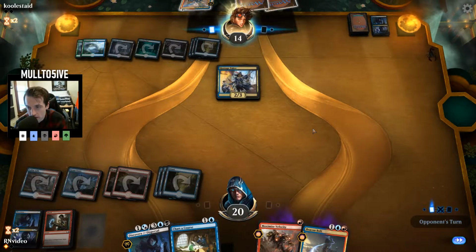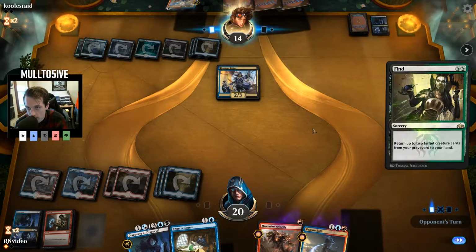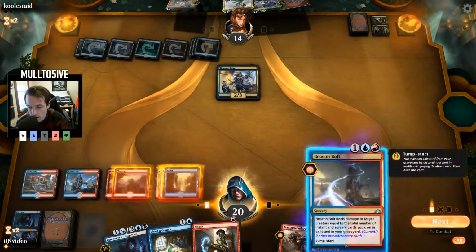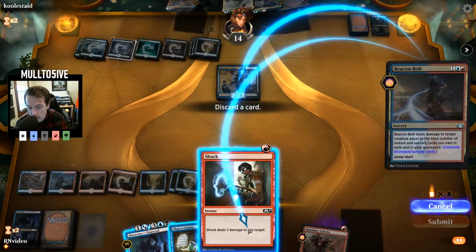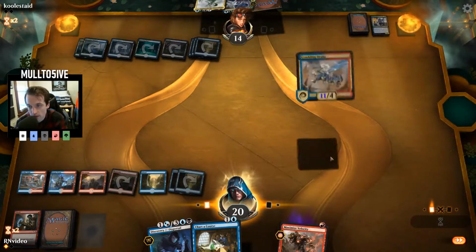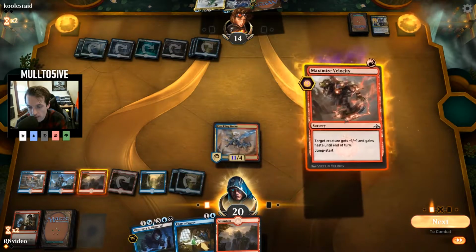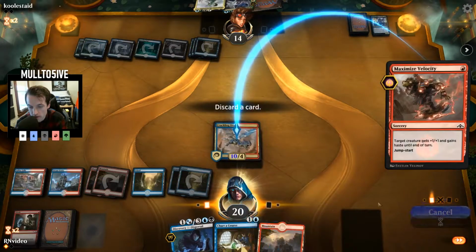So we can Beacon Bolt the Hostage Taker, get our Drake back, draw a card, maximize velocity, chart a course, and discovery. So I think unless they have the exact... Okay, I think we have lethal now. So we Beacon Bolt here, discard Shock. We get Crackling Drake back, draw a card. Play Maximize Velocity, discard the Mountain,